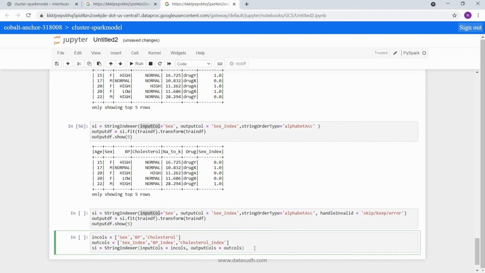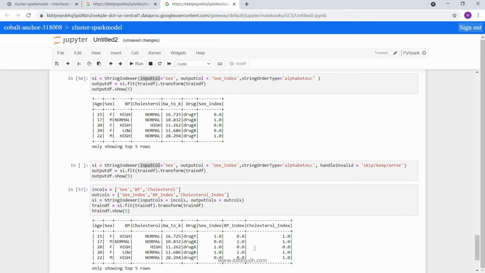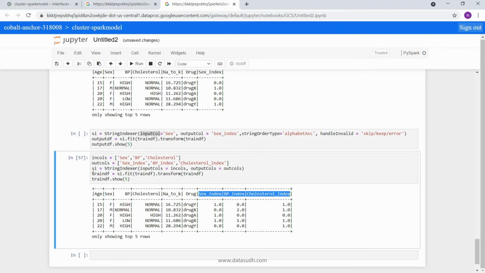Then on the training data frame itself, I can fit this and transform this, and then view the data. Now all three category columns are converted to label indexes via the string indexer method.